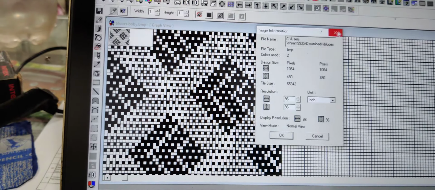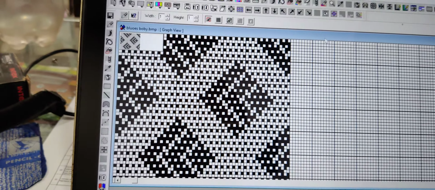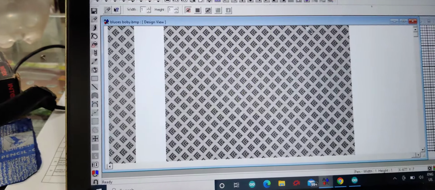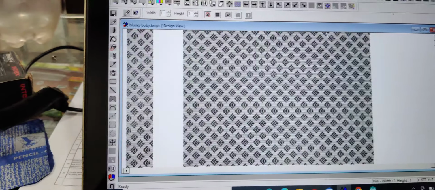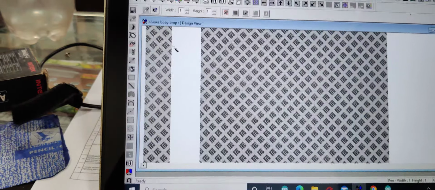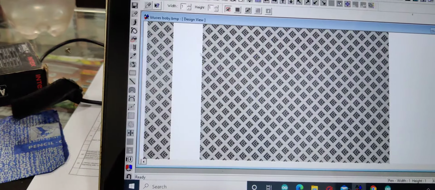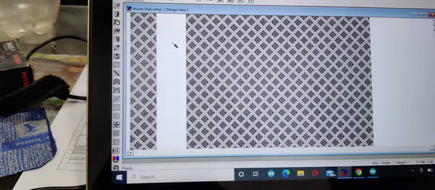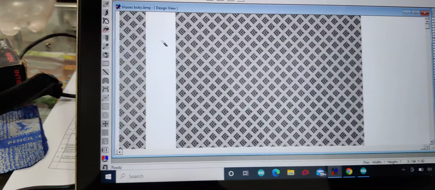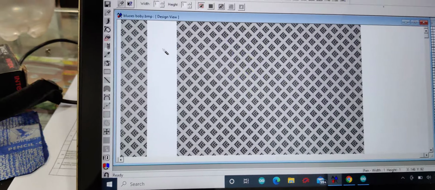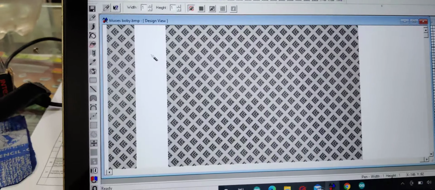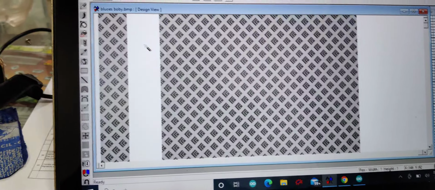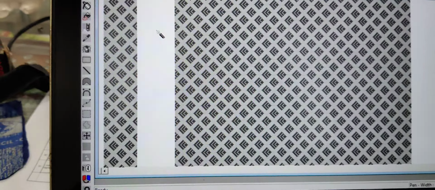So you can put this design in this way, and in the same way you will change the border file also. After 192 you will increase 96 hooks extra, and by the way I will send you that file also. You will change it this way, and in the control panel also you will change the number of ribbons.